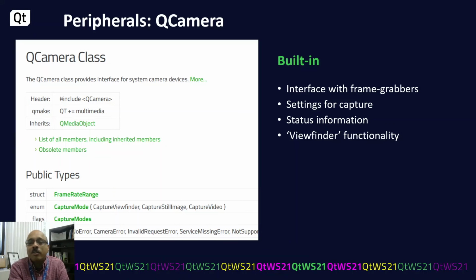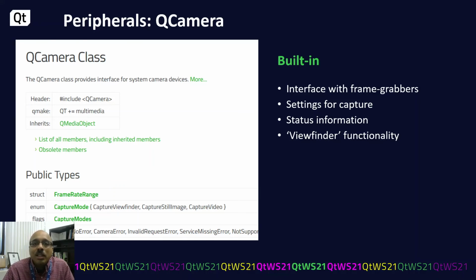This provided an interface with a variety of frame grabbers. So I told you about the composite frame grabbers. The newer C-arms or X-ray machines have these frame grabbers that work with HDMI or DVI connectors. But to us, at the robot end, they pretty much look like another USB camera device. And the beauty was QCamera could handle almost all of these.